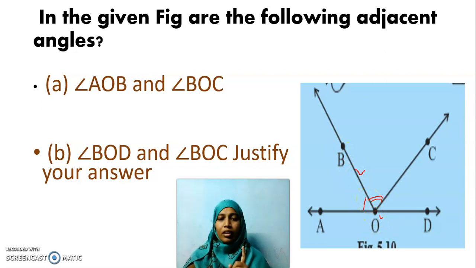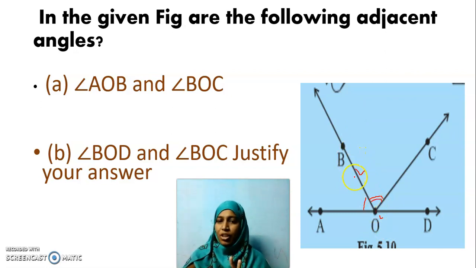Angles are formed by two arms, isn't it? For this angle, OA is one arm, OB is another arm. For the next angle, OB is one arm and OC is another arm. While naming an arm, you should start naming from the vertex and not BO. Is it clear? When it is a line segment, we can name it either way. When we have a ray, we should start naming from the fixed point only. Okay. So OB is the common arm.